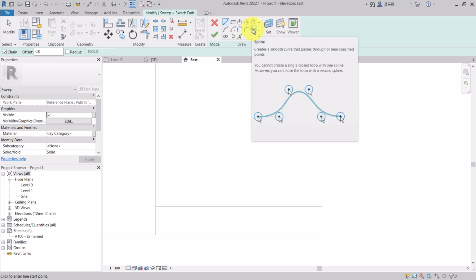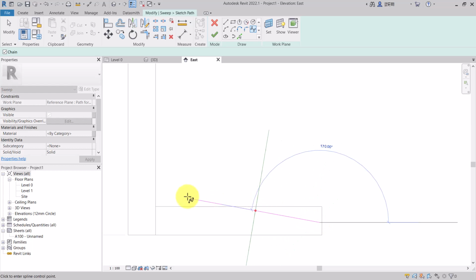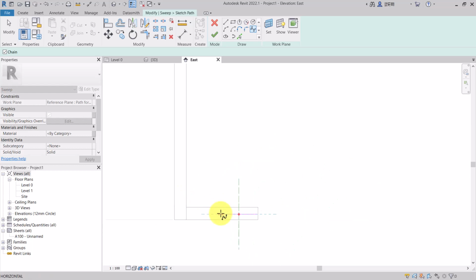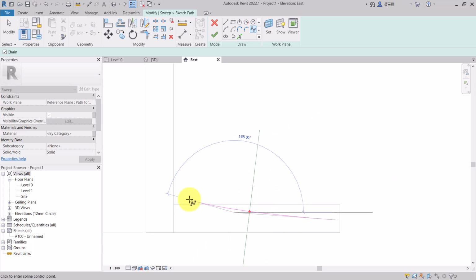This creates a curve like this. So this is what we are going to use to create our hourglass or wine glass shape. So I'm just going to select spline and go ahead and click the starting point. That's the first one, and we're going to find how we can eyeball this. Let me just go somewhere here and start curving it up,